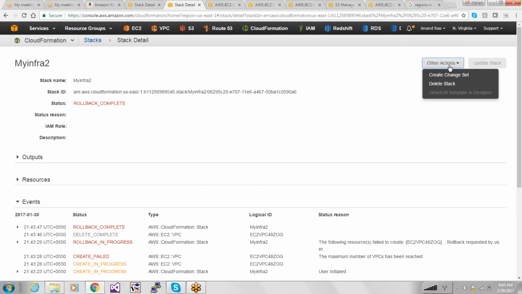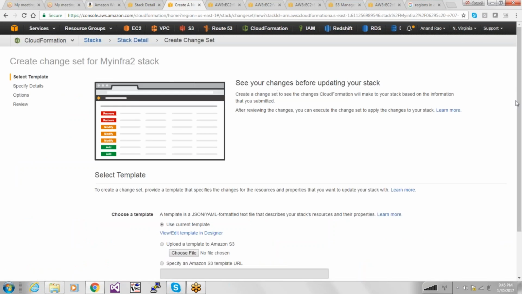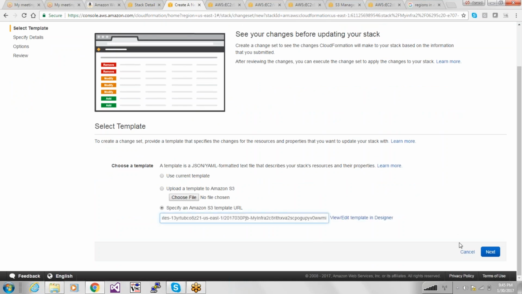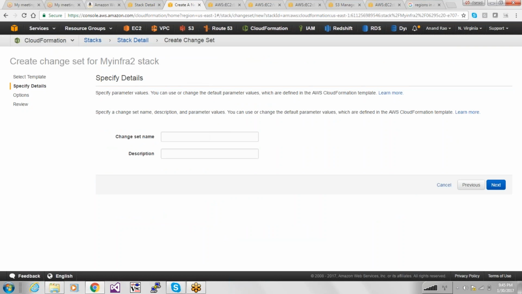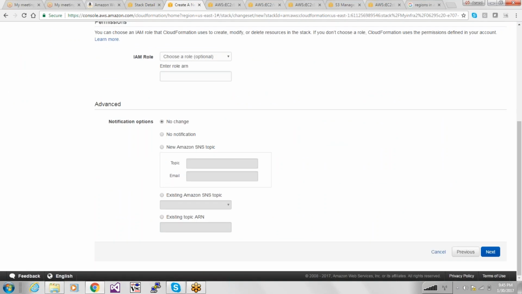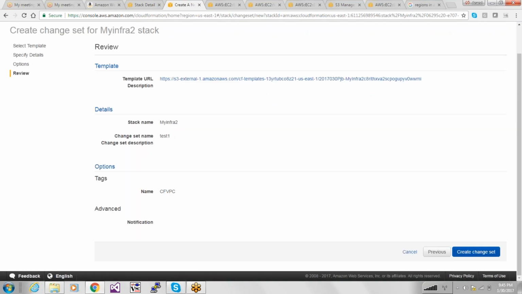Actions, create change set. I want to change certain things. Use current template, or I can put that in this, and say next. Change set name, test one, next. Key name, CF, VPC, and keep it going. Next, my infra 2 is now updated. Create change set